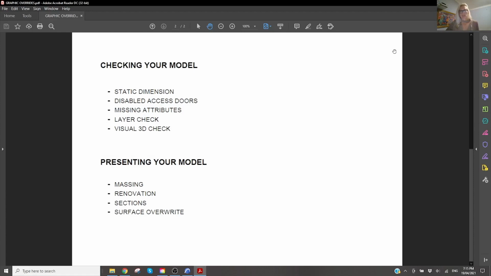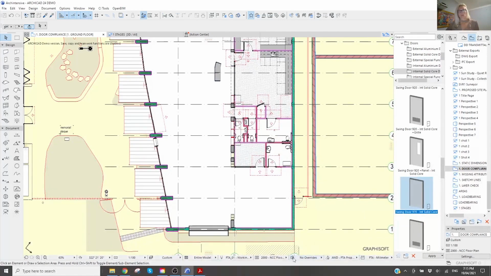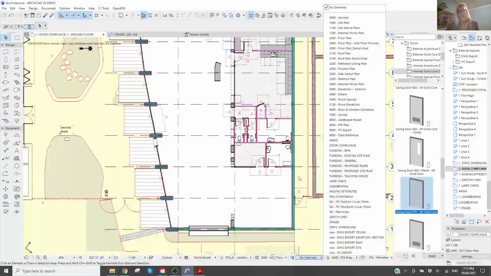Disable access doors check. Okay, so this is a very simple rule. Some people might like it, some people might hate it, I don't know. But I feel like for the drafting person, it forces you to check after yourself what you draw. So let's see what rule I have, what combination I have used. So I'm going to apply